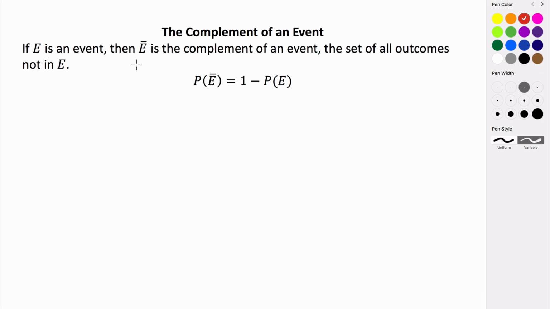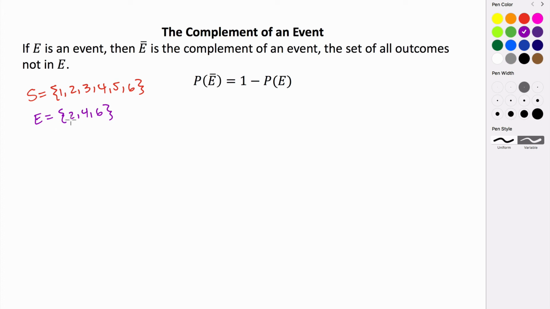The complement of an event is defined to be the set of all outcomes that are not in our given event. So if we have some event E, then we say E bar, with a bar over it, is called the complement of the event, and again is the set of all outcomes that are not in our event E. So let's say that we have some sample space. Maybe we're just rolling a die. 1, 2, 3, 4, 5, 6. So if we wanted to say that our event E was rolling an even number, 2, 4, or a 6,